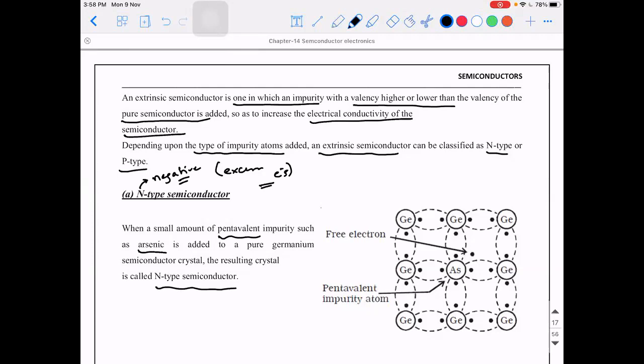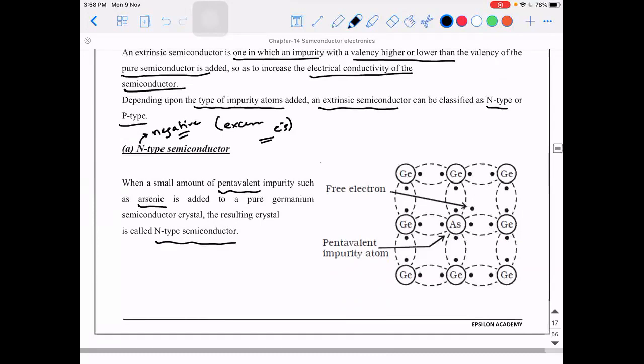Now observe, I told you, right? The arsenic is the impurity. From arsenic, the 4 valence electrons present in it participate in the covalent bonding with the neighboring germanium atoms. And the remaining 1 electron is the free electron that is going to participate in the conduction of this particular material. Are you able to understand? So this is what happens. When you add a pentavalent impurity, you get a larger amount of free electrons.